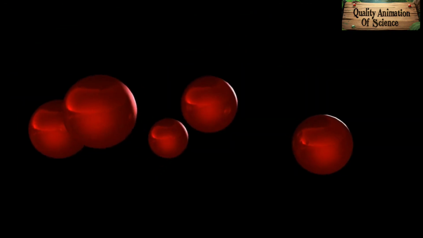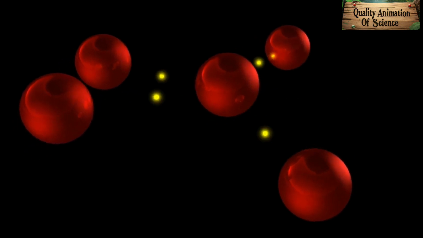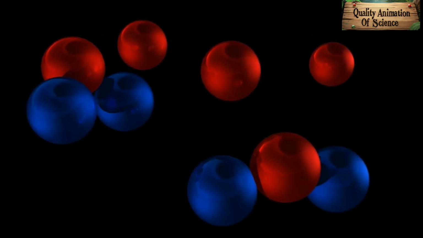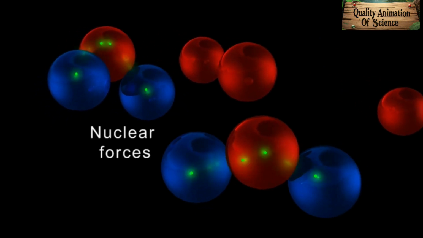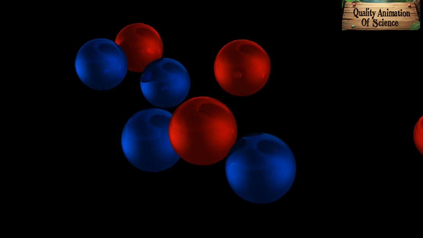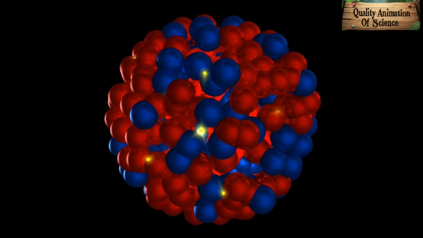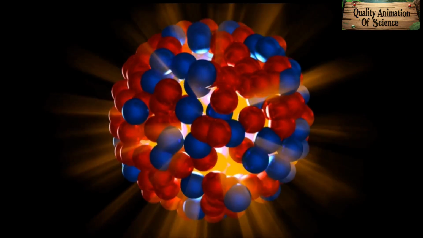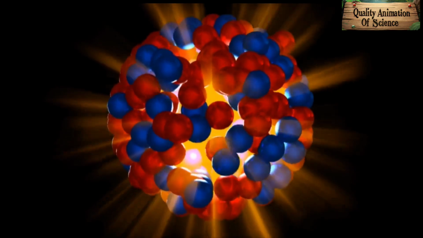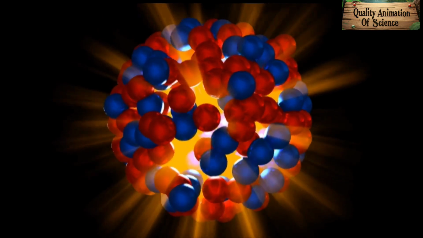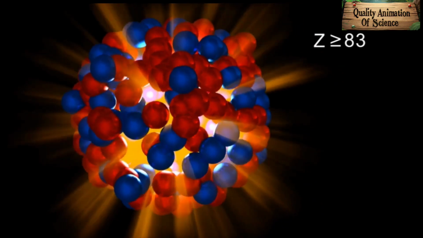Each proton in the nucleus exerts long-range Coulomb electrostatic repulsion on other protons. Meanwhile, the short-range and strong attractive nuclear force exists only among the adjacent nucleons. Thus, the mutual repulsion of protons existing throughout the entire nucleus is more than the nuclear force, in spite of the fact that the number of neutrons is more in the high Z region. The nucleus becomes unstable. To attain stability, the heavier nuclei with Z greater than or equal to 83 spontaneously transform